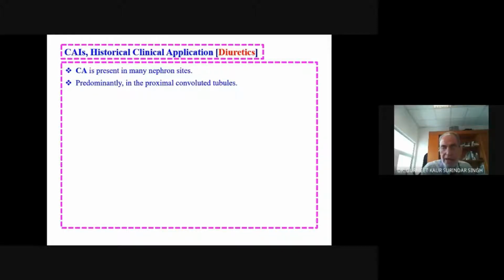What about the historical application of carbonic anhydrase? Historically, it was used as a diuretic. Of course, it is not the perfect diuretic, and it needs to be administered with other thiazide diuretics or something like that, because it is found in the nephron, and by inhibiting carbonic anhydrase, it prevents the reabsorption of bicarbonate. However, reabsorption of sodium occurs far away in the proximal convoluted tubule and something like that. So it is not very effective as a diuretic, but it is effective to be used in addition or in combination with other